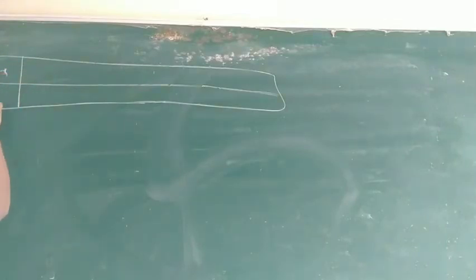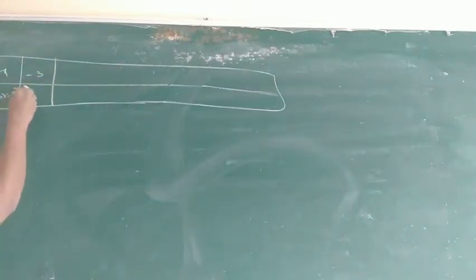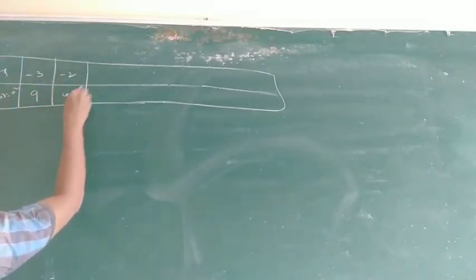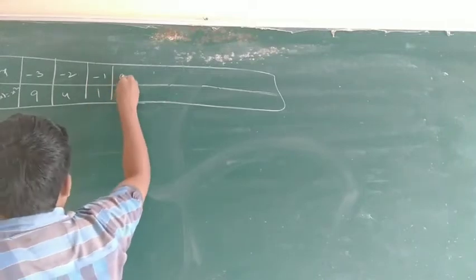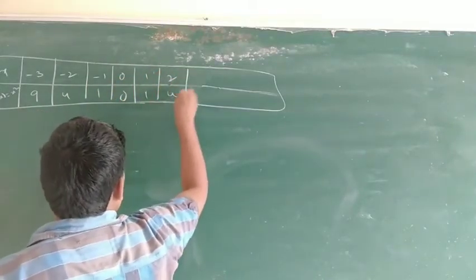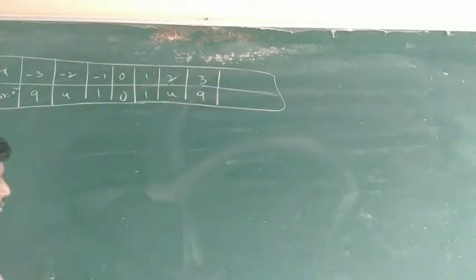x, f of x is equal to x square, for example minus 3. x is equal to minus 3 means minus 3 whole square 9, minus 2 means 4, minus 1 is 1, 0 is 0, 1 is 1, 2 is 4, 3 is 9. Okay, so